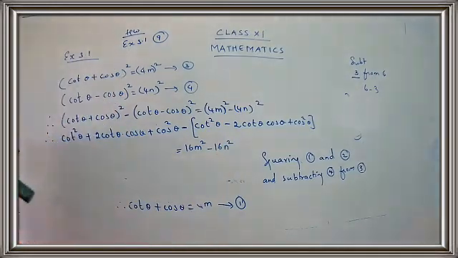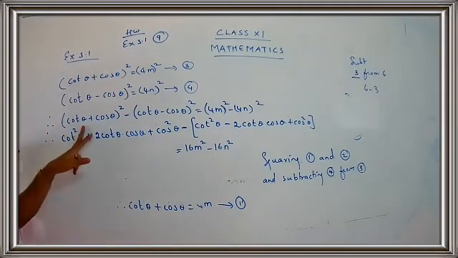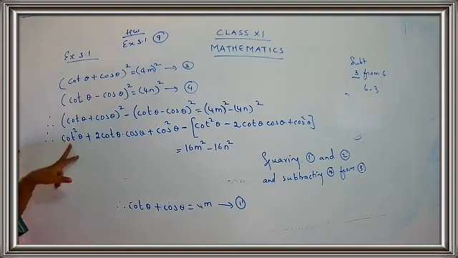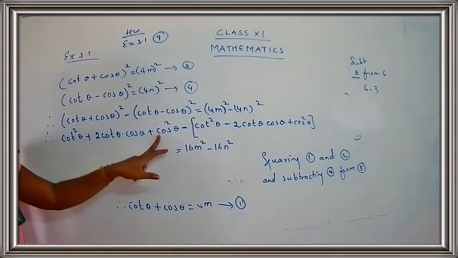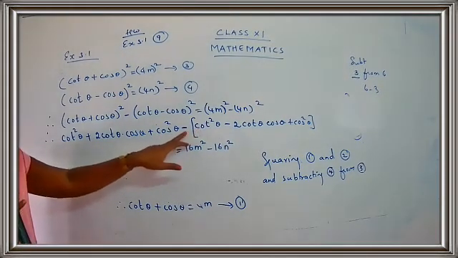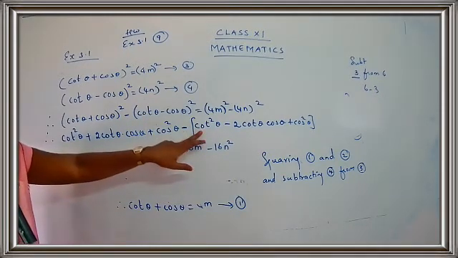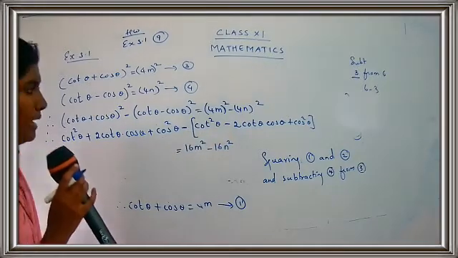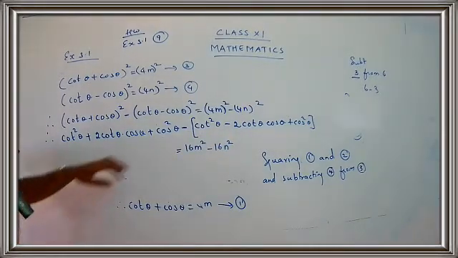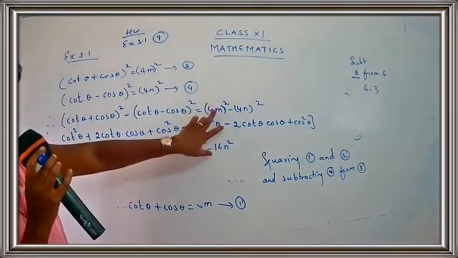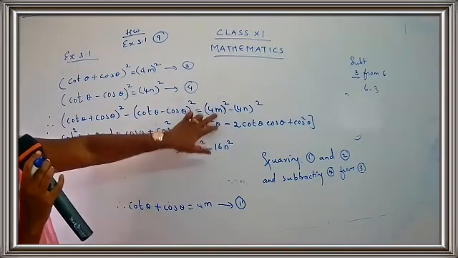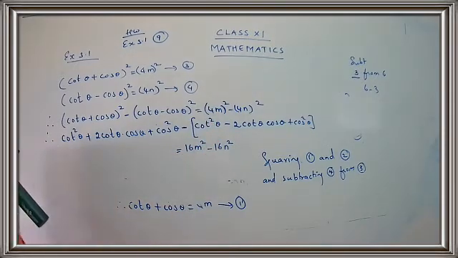You clear? So what do you get? You have to use the (a plus b) the whole square formula, so a square plus 2ab plus b square. Use a bracket, children, to avoid confusion. This is minus sign and you get here cot square theta, that is a square, minus 2ab, 2 cot theta cos theta, plus b square. And I got the answer for this: 4 square is 16, m square minus 16 n square. Let's try to simplify further.